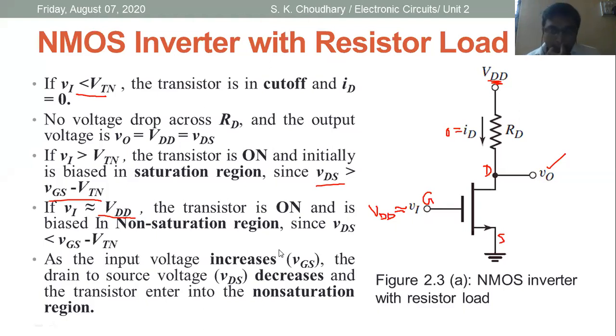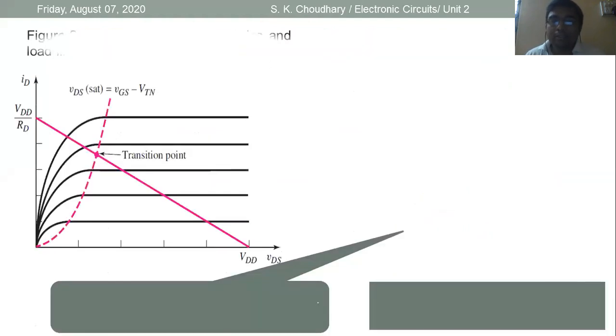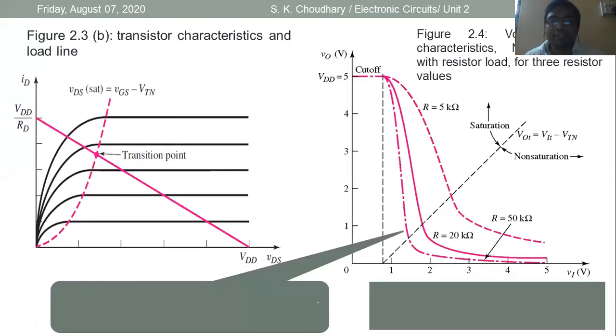So these are some of the conditions. Now we will elaborate this circuitry in the next lecture with graphs like these. One graph represents the transistor characteristics, and another represents the voltage transfer curve. On the basis of these, we will analyze how it works as a switching device or as a resistor.